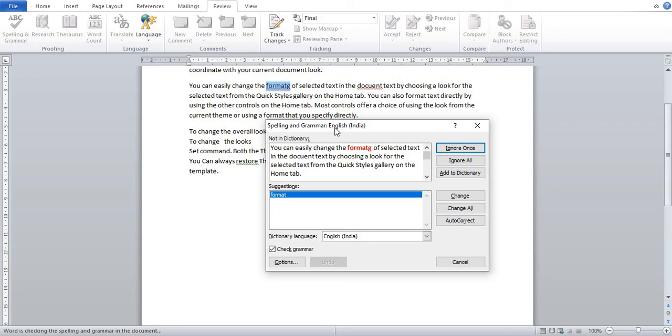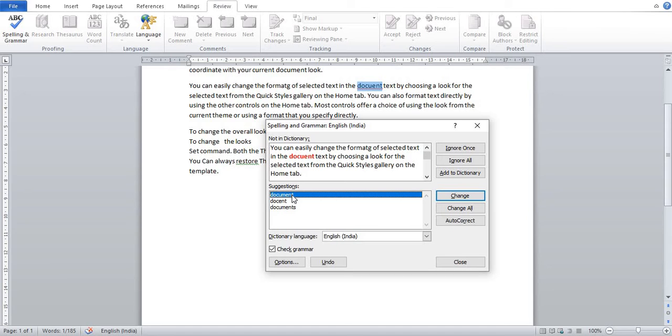Now you can see the suggestion for format, but I want to keep this wrong spelling, so you can just click on Ignore Once. So the spelling will not be changed, it just keeps the wrong spelling. Now you can see here document.